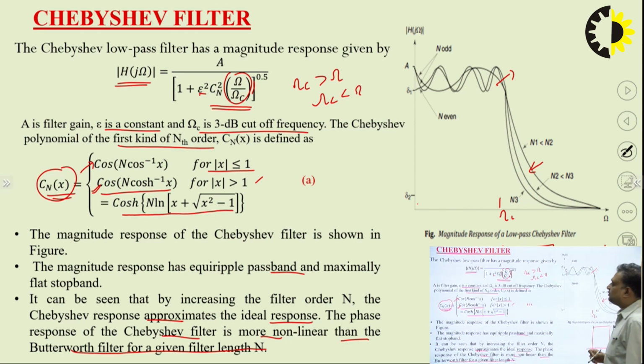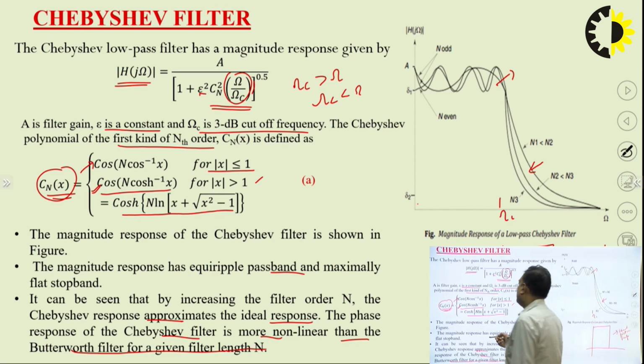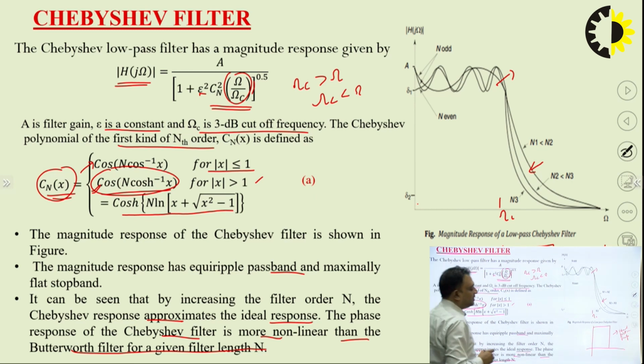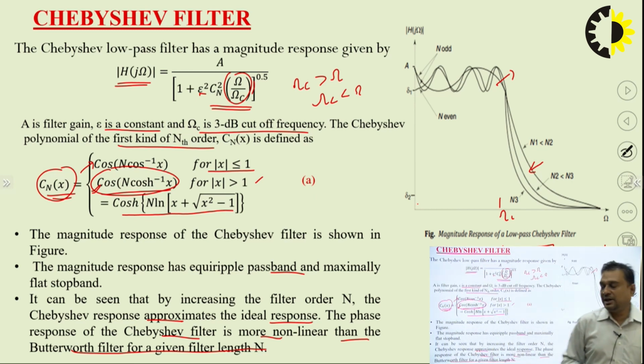Okay. So, according to this formula, as the value of x is greater than 1 and as you are moving towards x greater than 1, the value of this function is monotonically decreasing. So that is why we are getting this type of response. Here we are getting this response and here we are getting this response. Okay. Now,